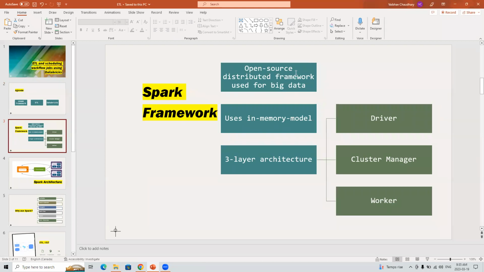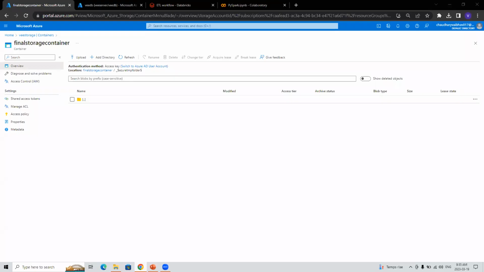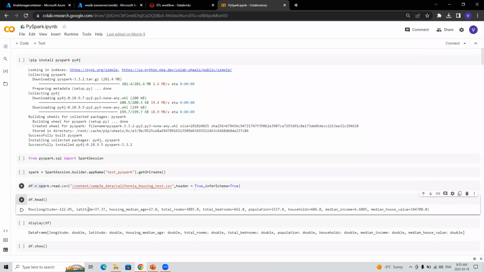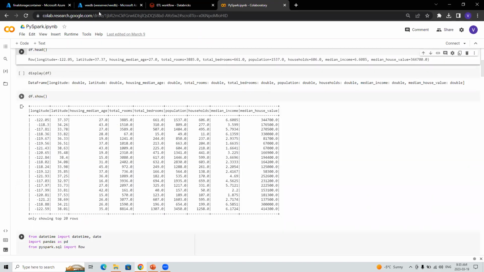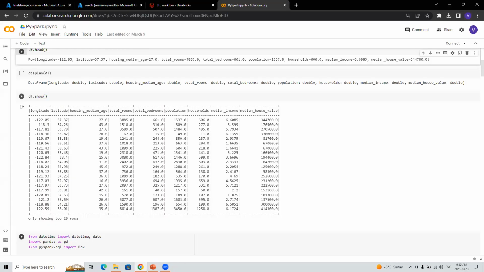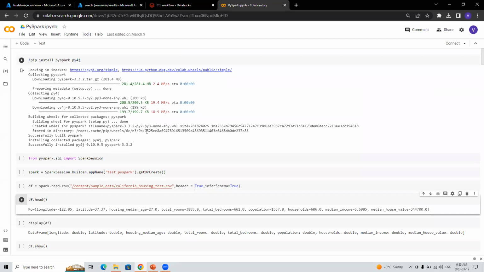Open source means it's free for using big data. If I were to just show you here, we can also have PySpark running on Colab, which is completely free. I've tried this. I've imported the Spark session and I've done some read of sample data, and applied some PySpark functions. If there is a person who is learning PySpark, they can. I'll share this notebook with you all. Basically, you can practice PySpark using Colab, which is completely free.